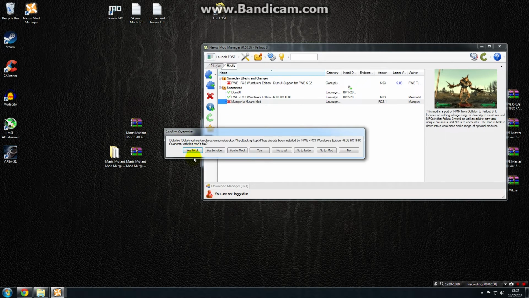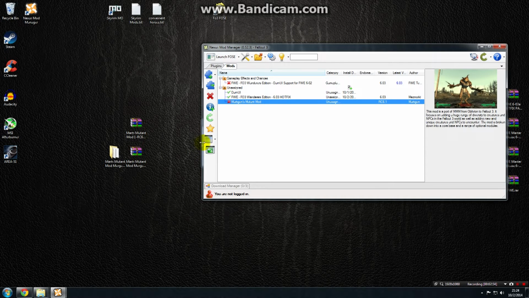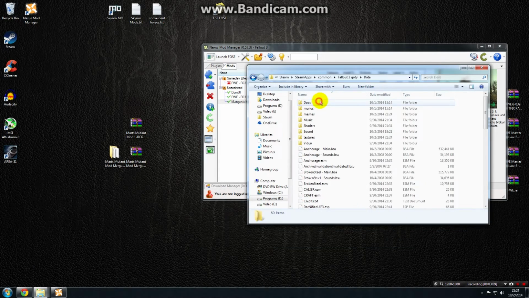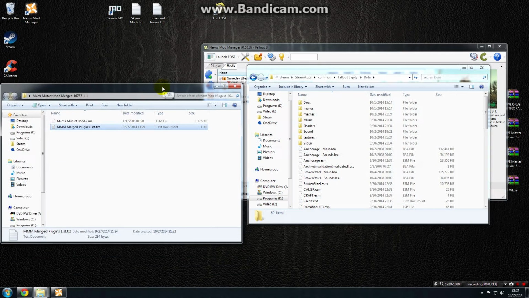When it asks you if you'd like to overwrite something from FWE, go ahead and click Yes to all, because we are going to be using some compatibility patches later. Once that's done, we're good to go. Now, click this button here in your Nexus Mod Manager to open the Games folder. In the Games folder, we are going to want to open up the Data folder. And then we're going to open up the merged Mart's Mutant Mod file and open up the